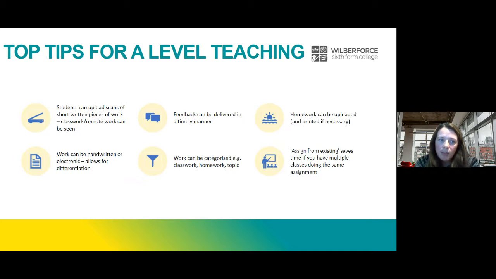Originally, I was doing that where they were just sending it as a chat or uploading it on one thread. But I find assignments is just such a good way of organising it, keeping it all. I know where everybody's put their work and they know where they've put their work. That being said, the feedback can then be delivered in a really timely manner. Like Lois said earlier, it's just so convenient for marking even short bits, and they can resubmit the changes really quickly as well. So I've found that the feedback and the feeding forward can be done really, really quickly. And obviously it's going to be more effective if it's quicker. I'm going really close because I can't read what I put on there really well.